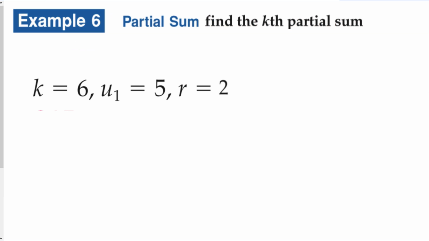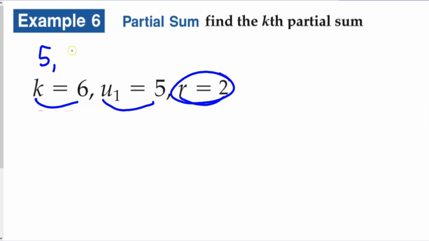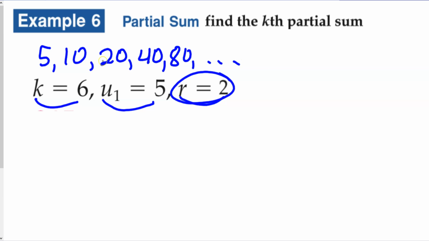So here's an example. If I tell you that I want you to find the kth partial sum, and I give you the k, the first term, and the ratio, well, you could write it out if you wanted to. The first term is 5. The next term you get by multiplying by 2, so it's 10, times 2 is 20, times 2 is 40, times 2 is 80, and so on. You could write out all 6 and then add up all 6, and in this case that might be doable,